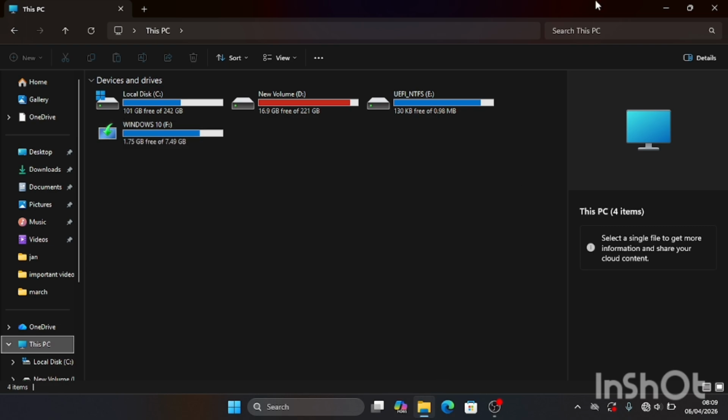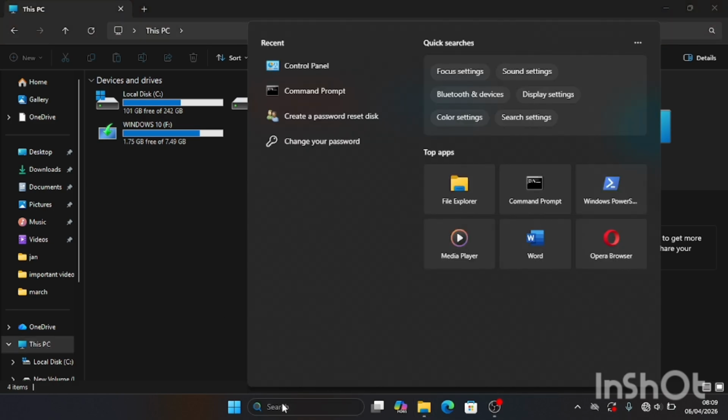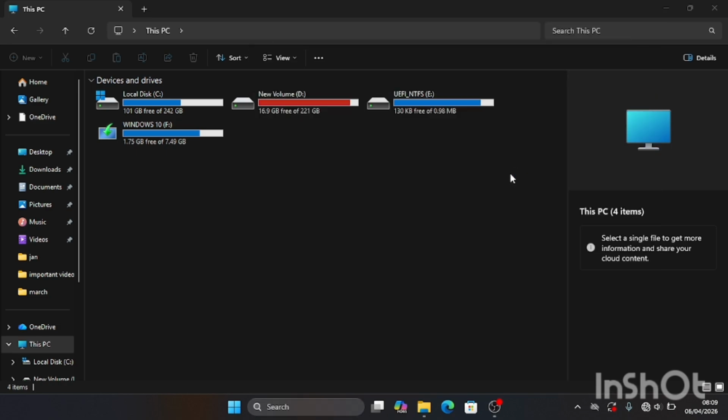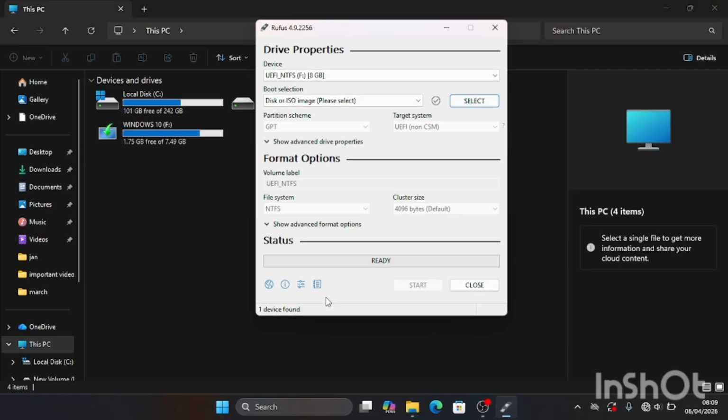So what you're gonna do over here, you need to open up the software called Rufus. Then get to open the software up. Yes, so its window will load up. So over here you then get to choose the flash drive that you wanna use. So it's the only one that is inserted so far. Then over here you get to select